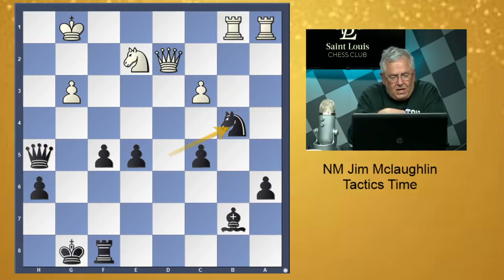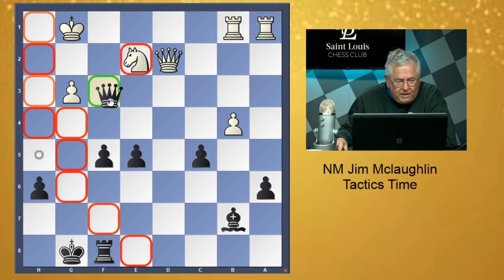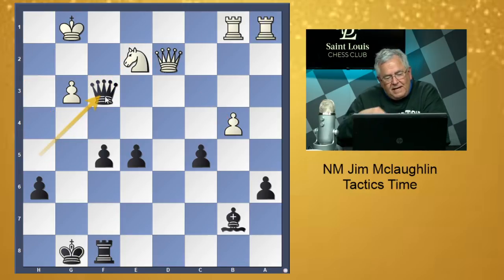Now, we're threatening queen to f3. And he has nothing really. Rook takes, knight doesn't add anything. We just do pawn takes. So he's going to have to do, this is the main line, pawn takes. And naturally, we drop in here, threatening,